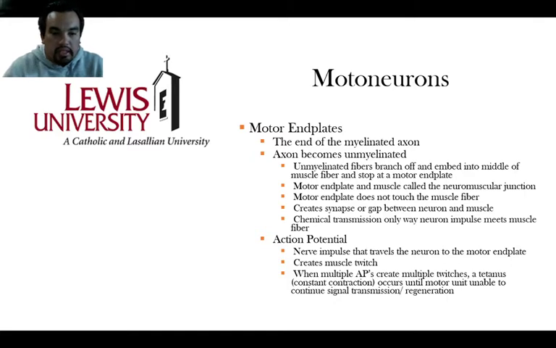Okay? They stop at the muscle fiber, but they don't enter the muscle fiber. They kind of sit within the connective tissue that's bundling those fibers together. And what we call that junction, where that motor end plate and the muscle come together, is that neuromuscular junction. Like I said, it doesn't touch the muscle fiber, and it creates a synapse or a gap between the neuron and the muscle. And that's where that chemical transmission happens, and we start to get these nerve impulses. And that's why you need these neurotransmitters, is what we call them, with like potassium and calcium as they go and they create those chemical